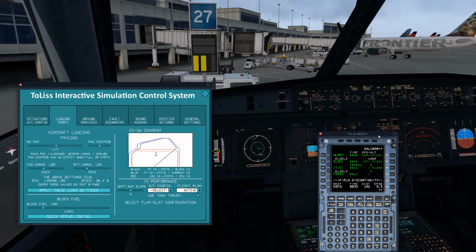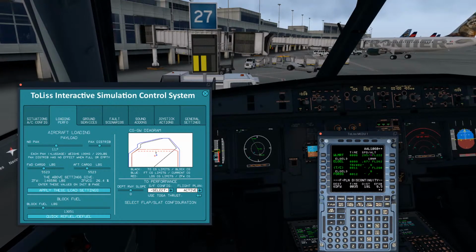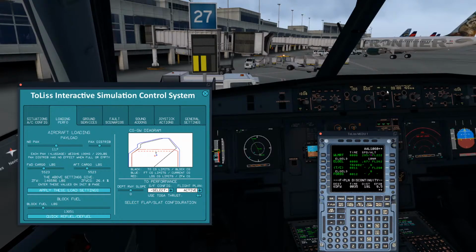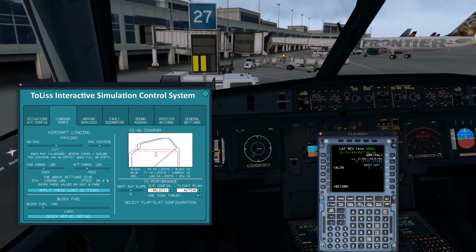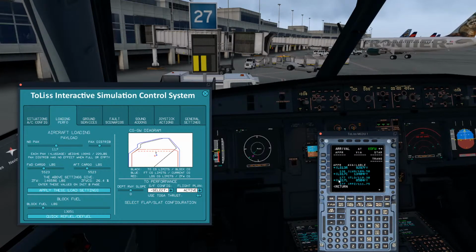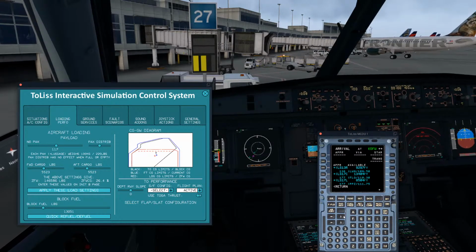So from Force, we are going to, let's see here, operational flight plan. And we are going to go from Force direct to Guts, which is the transition for our start. So we're going to go direct to Dallas Fort Worth. We're going to select the arrival, and we are going to arrive today runway 18 left. So ILS 18 left through the Bull 5 through the